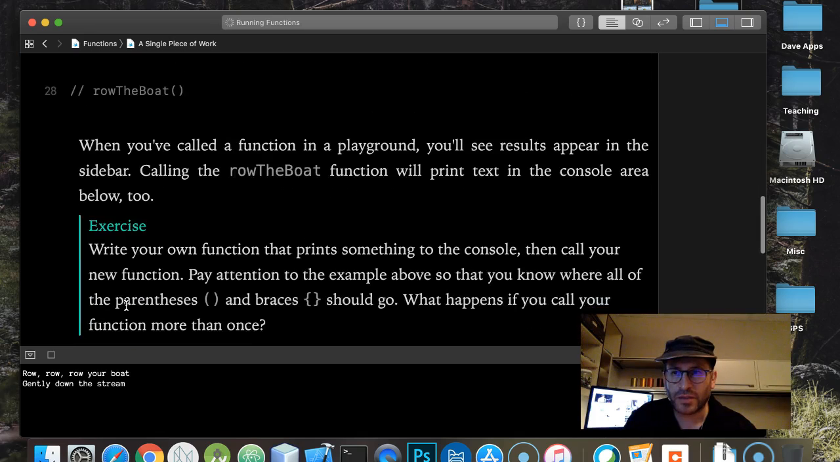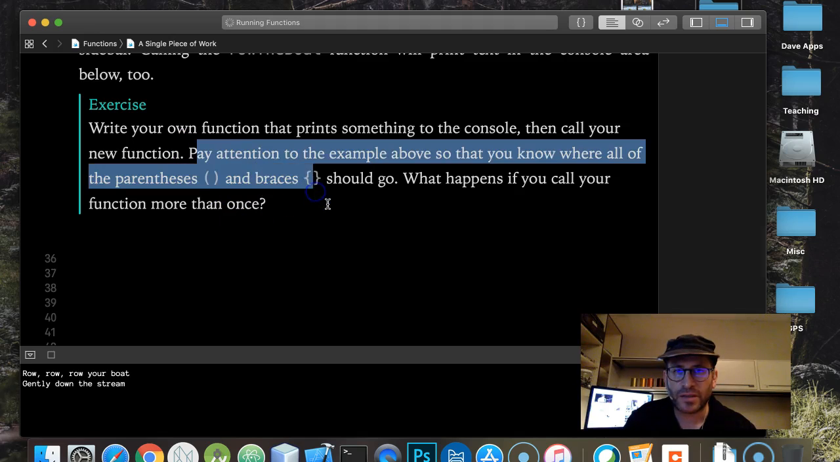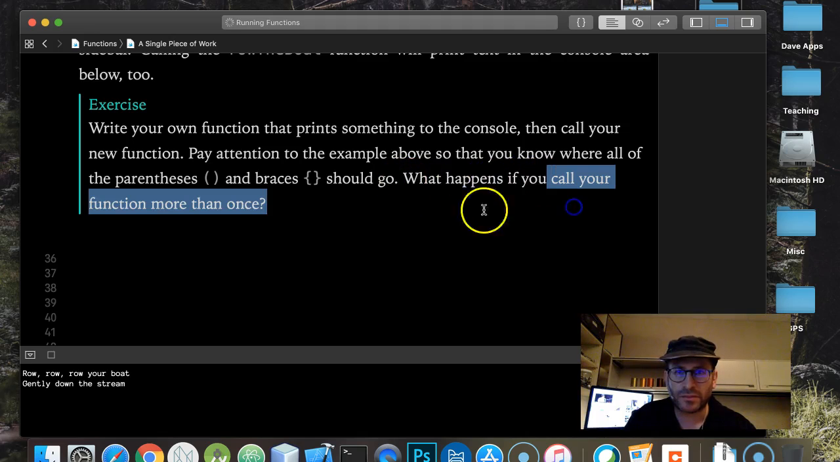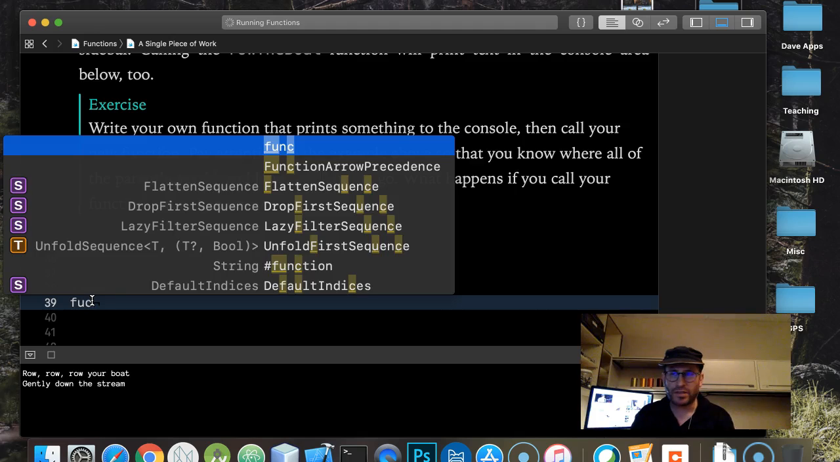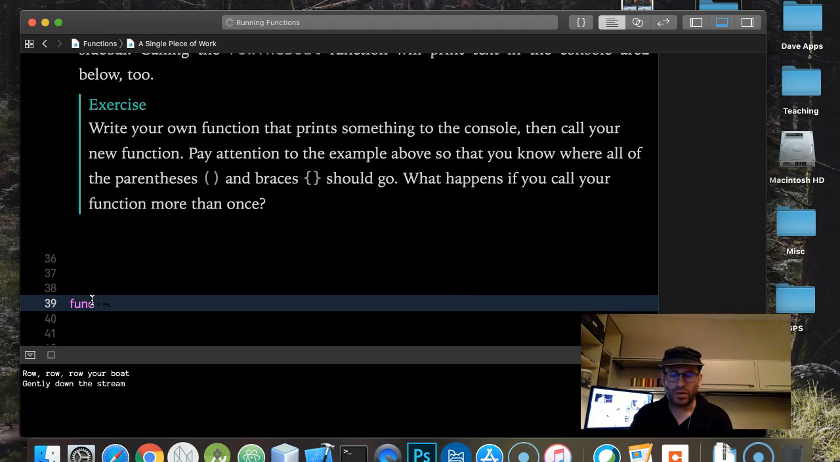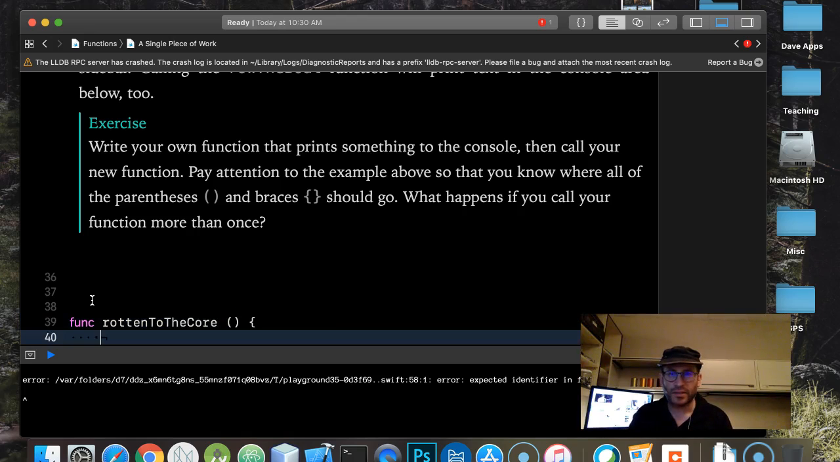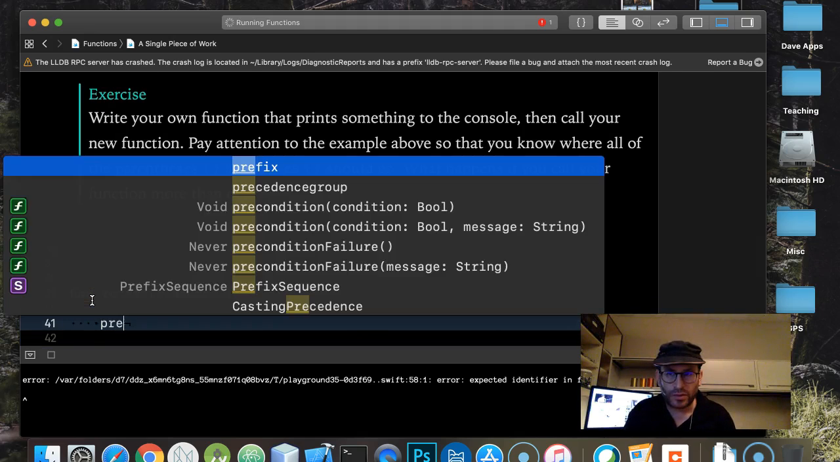So what it asks you to do in this one is to write your own function that prints something to the console. Pay attention to the example above so you know how it works. And then it asks you to call your function. So again, creating the function is just writing the block of code and then calling the function is executing it. So to create a function, we're going to go like this, func, and we'll call this one Rotten to the Core. My daughter's really into these Disney Descendants movies, and I'm pretty sure there's a Rotten to the Core song. Print,